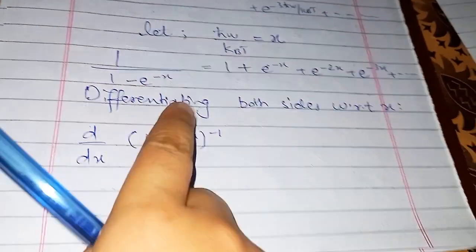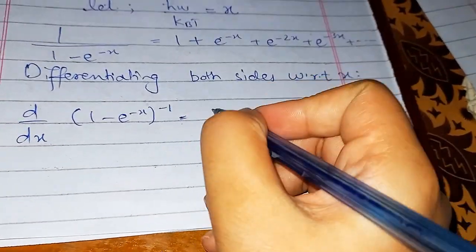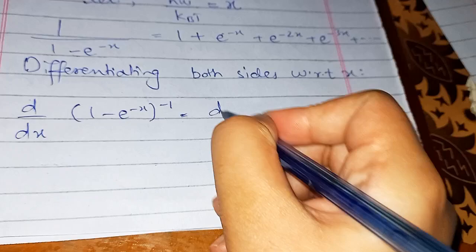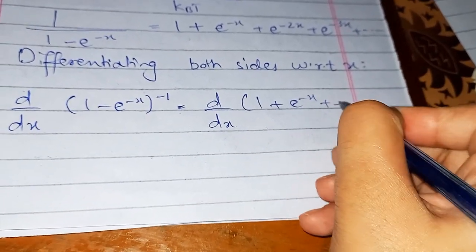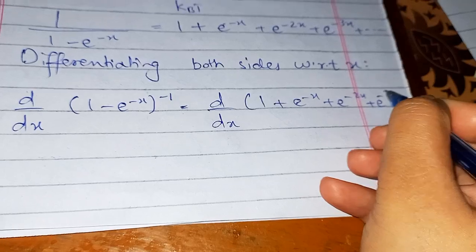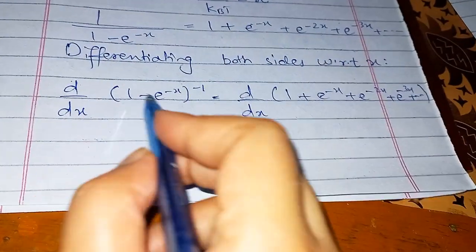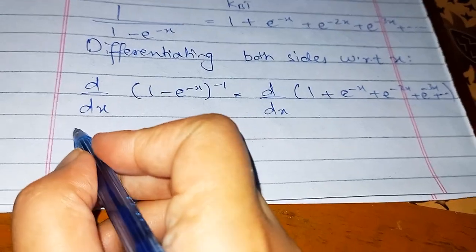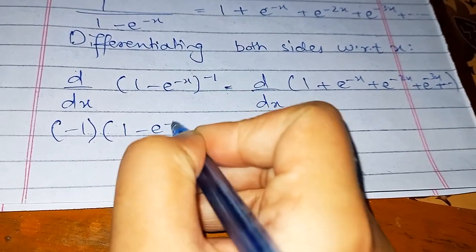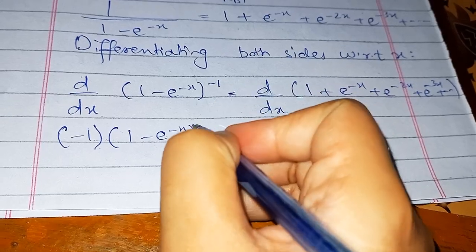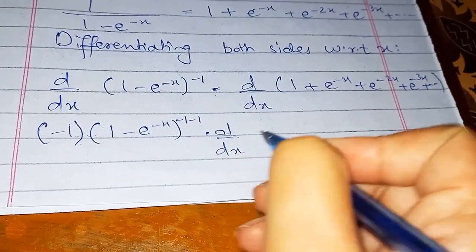It's in the denominator, so we can write it like that so that the differentiation becomes easy, and we'll apply differentiation here as well. Next we'll use the power rule here. So the power minus 1 will come here, 1 minus e to the power minus x, power reduced by 1, times the derivative of the inner term